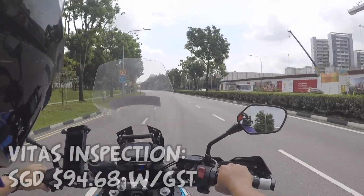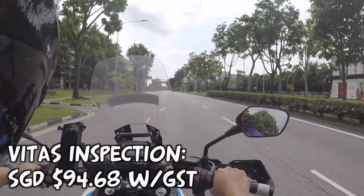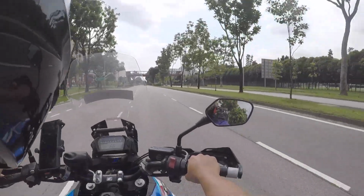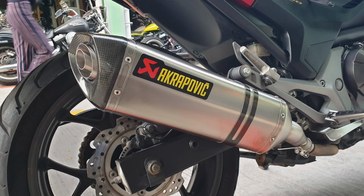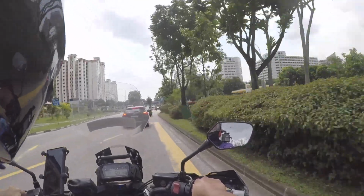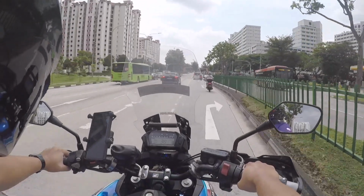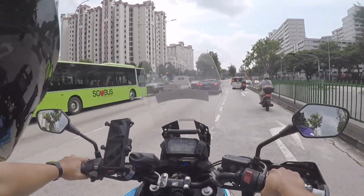$98 plus for a piece of paper. Can you believe it guys? Just to get your aftermarket exhaust approved in Singapore. Honestly speaking, it's quite daunting because the inspector really checked everything. From what he told me just now, he said that just now he's actually checking for the...